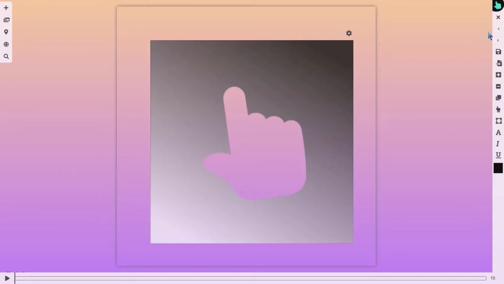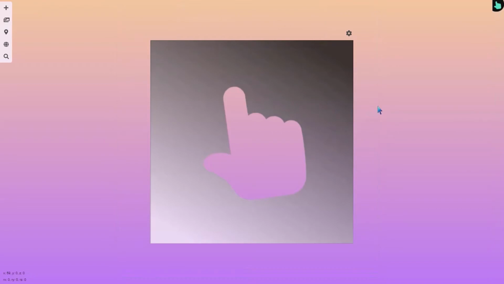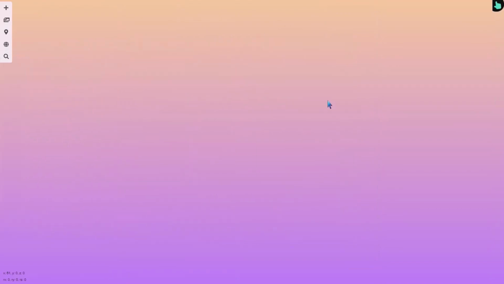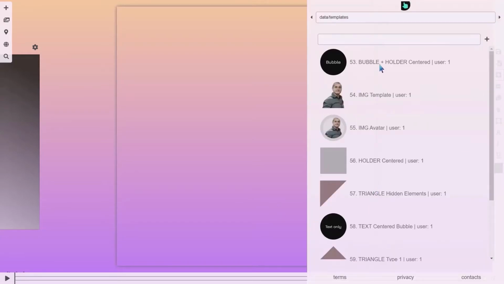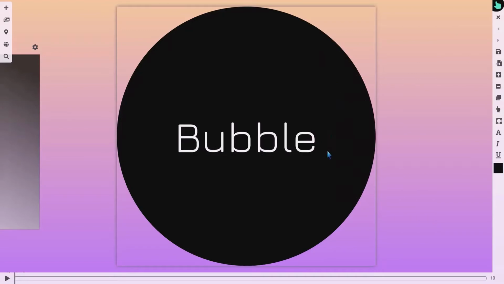Let me first close the studio and move a little bit to the right because I don't want this object behind my studio. Okay, now it's better. And the first element I'll create will be bubble plus holder centered. So I need the holder